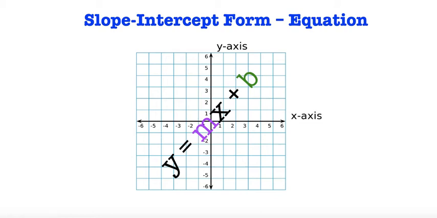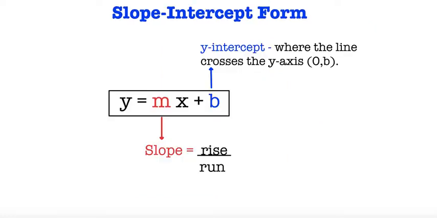Hello, mathematicians. Today we're going to be learning about slope-intercept form, and more specifically, we're going to be talking about the equation. So our slope-intercept form equation is y = mx + b, where x and y are a coordinate